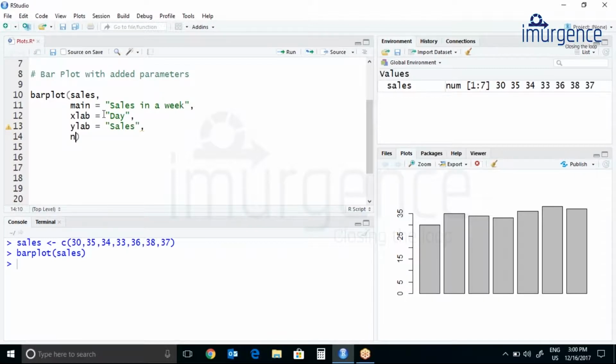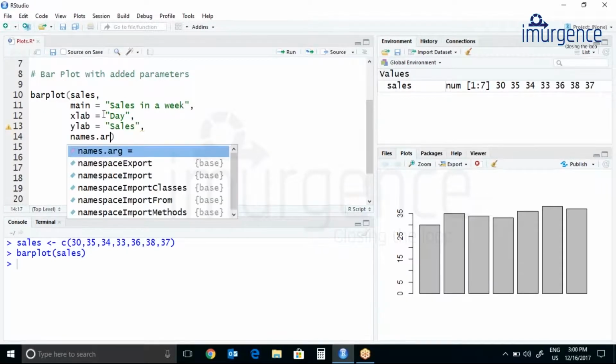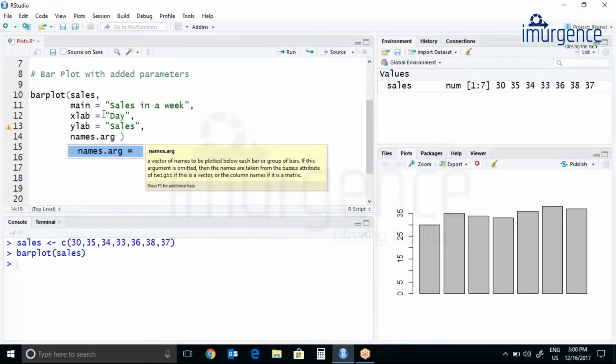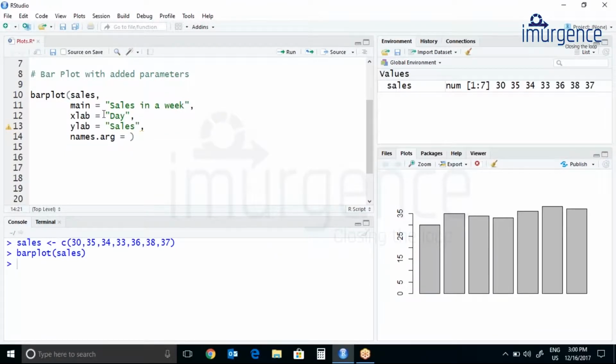Then we are using one more argument over there. We call it names.arg equals to. names.arg is used for naming each bar or each column. So we'll pass this in a concatenate operator.